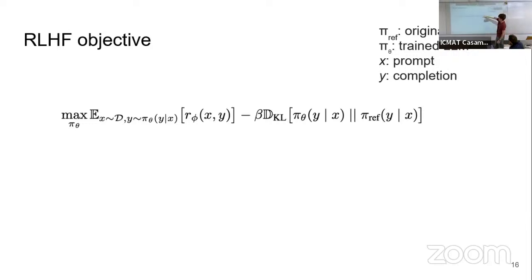Because if you don't have this, maybe the optimizing model changes a lot, and then what happens is that the grammar breaks. The model starts to generate fake-looking output just to maximize the reward. So this is to control that the model doesn't deviate too much from the original model while still maximizing the reward a little bit. So it's a trade-off. It's like variational inference using the original model as a prior. Variational inference is a good connection, Carlos, because you can see in a few moments that really this is Bayesian inference. Yeah, you can frame it that way.